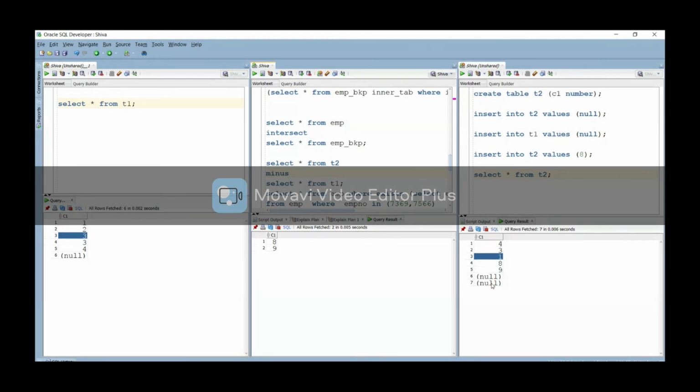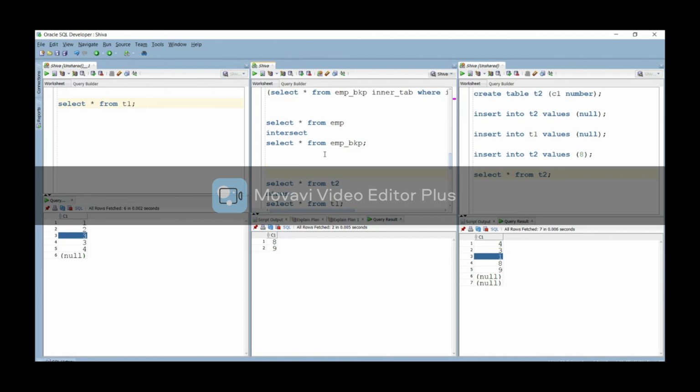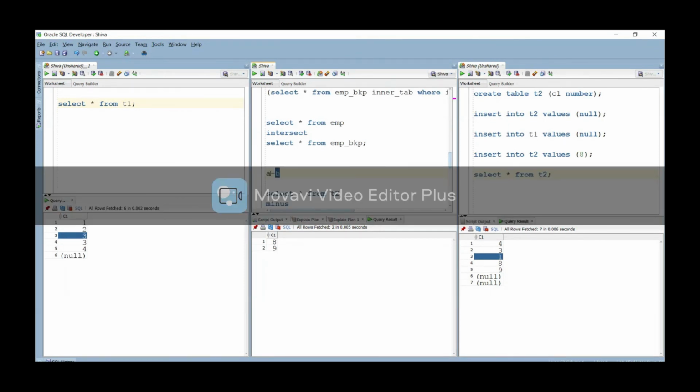Got it? So we won't care about the minus record. When you do A minus B, we are not caring about the B. We are caring about the A. So simply, whatever values we have in the B set, you are going to search them in the A, and any value present in A, you are going to eliminate, and the remaining values, we are going to display those values which are present in the A. Correct. Those will display. Yes.